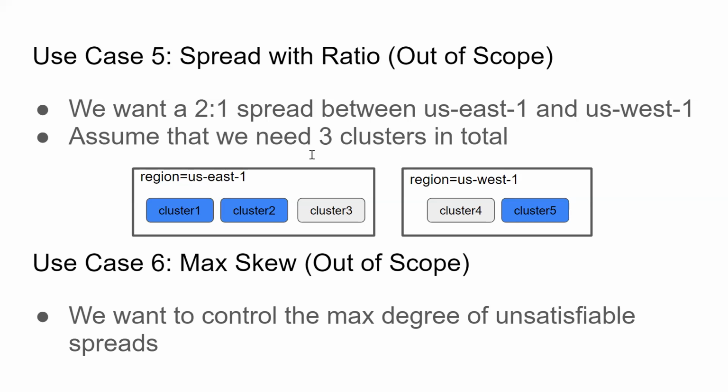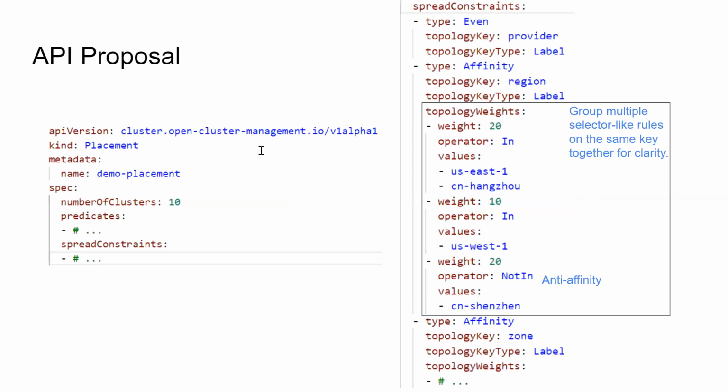Use case 6 is about max Q. We want to control the max degree of unsatisfiable spreads. Now let's look at the API proposal. The core part is a spread constraints array in the placement object. Besides, we need a number of clusters field to specify the total number of needed clusters and the predicates field